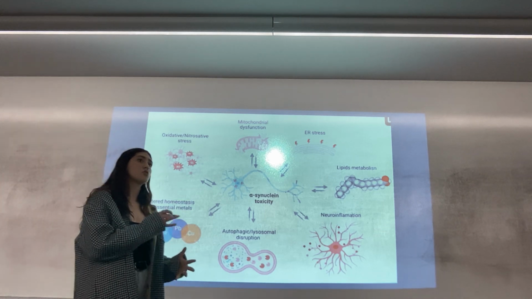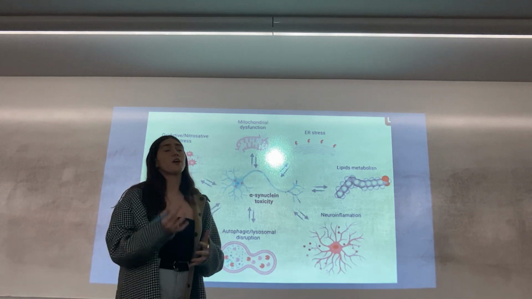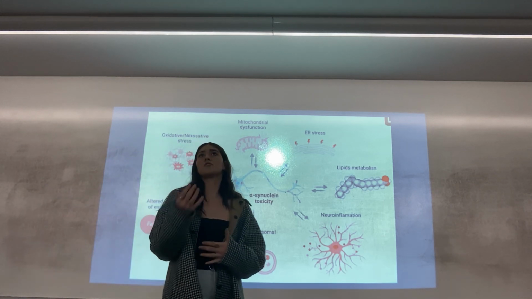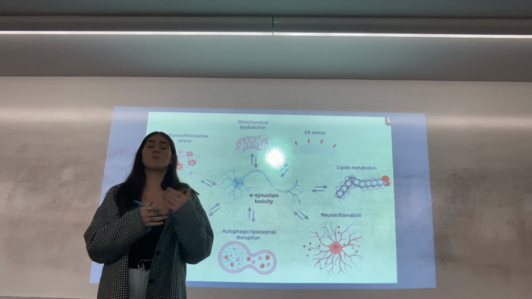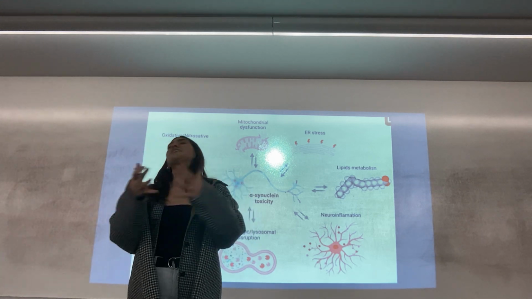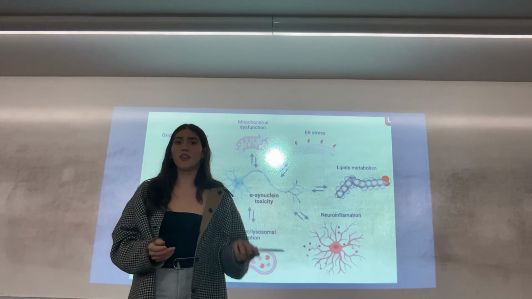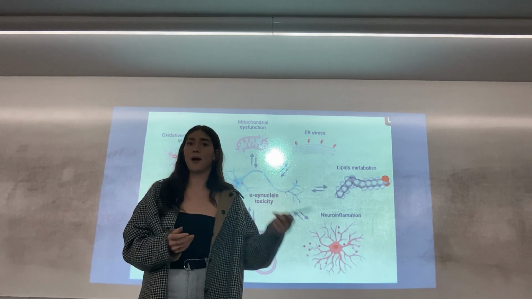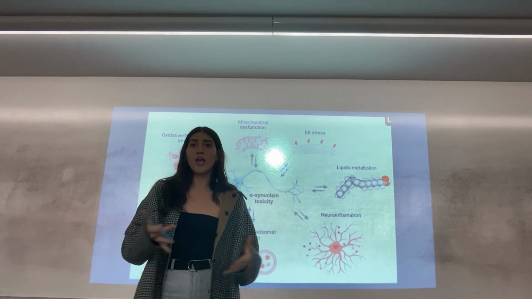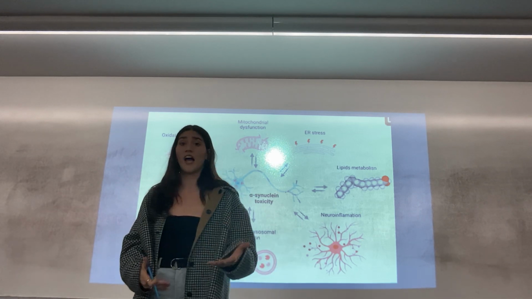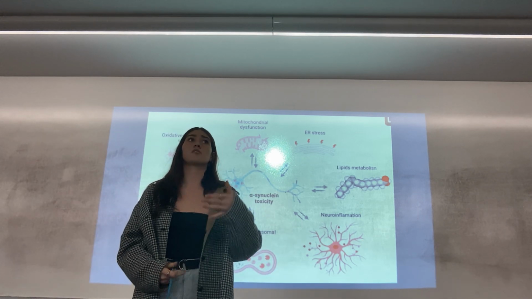If we were able to control these cofactors and the different feedback loops and just promote the dopamine to be produced, we could drastically decrease the amount that these people are being affected by Parkinson's disease, as the lack of dopamine creates such a